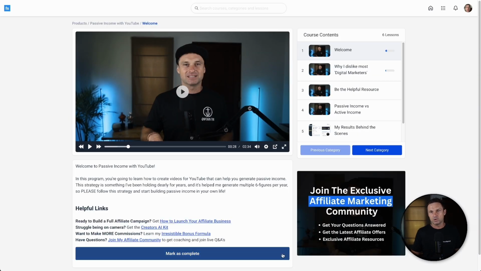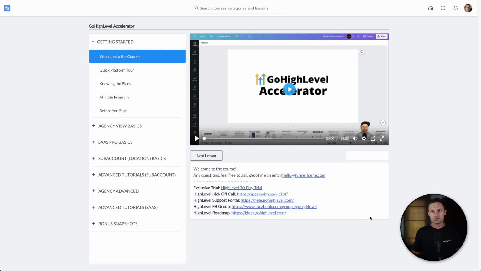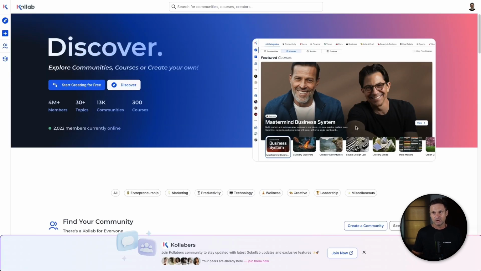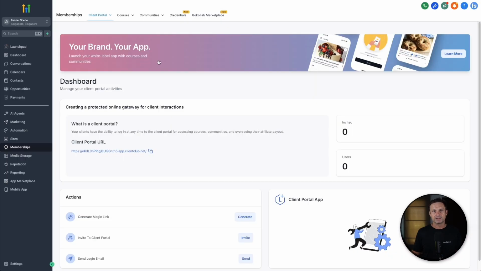This is also what one of the course templates looks like for a course that I'm actually selling. Here's another course. This is like the school layout. So plenty of options inside of here once again. And their white label app for this is called GoHighLevel. And if you don't know, people like Tony Robbins and Dean Graziosi, they also use this software. So that's how powerful it is.